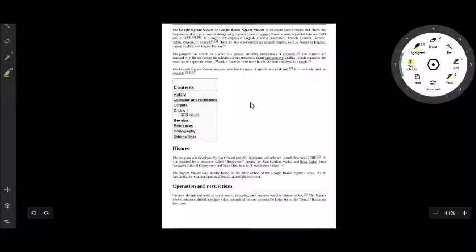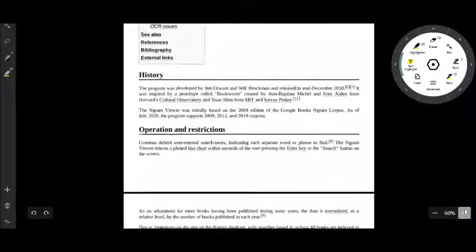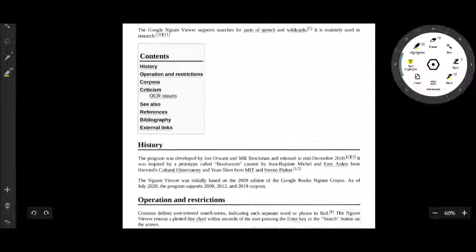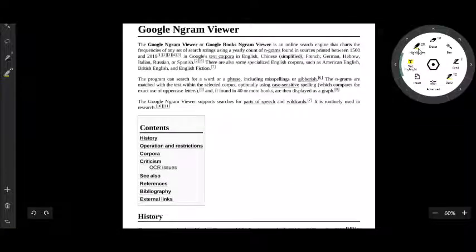Here they tell you that Google Books Ngram Viewer is an online search that charts the frequencies of any set of search strings using yearly counts of ngrams found in sources between 1500 and 2019. Now let me very quickly grab this particular paper so that I can show it to you, to understand how to go ahead.